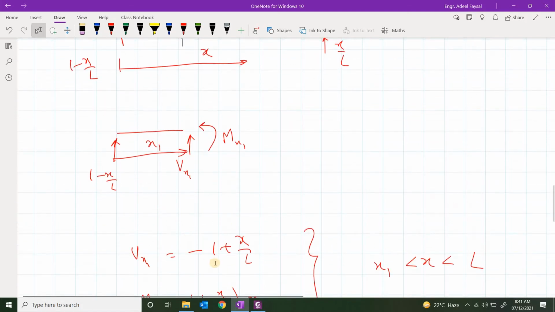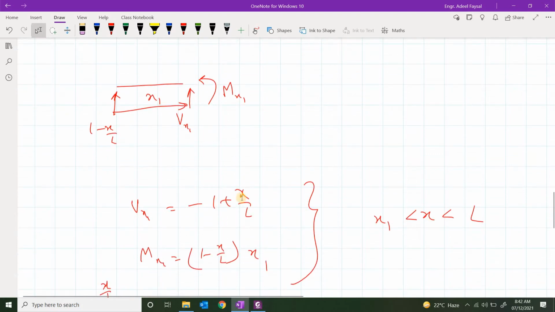Now if you look at the second part of the ILD for shear force, this is the equation for that. If you put a value of x which is not equal to x1 but just slightly greater than x1 in a limiting sense, for example, if x1 is 2, if you put x equal to 2.0001 in this equation, you can see that the answer would be -1 plus x1 over L, and the general expression is like this. You can further simplify this to maybe x minus L over L.